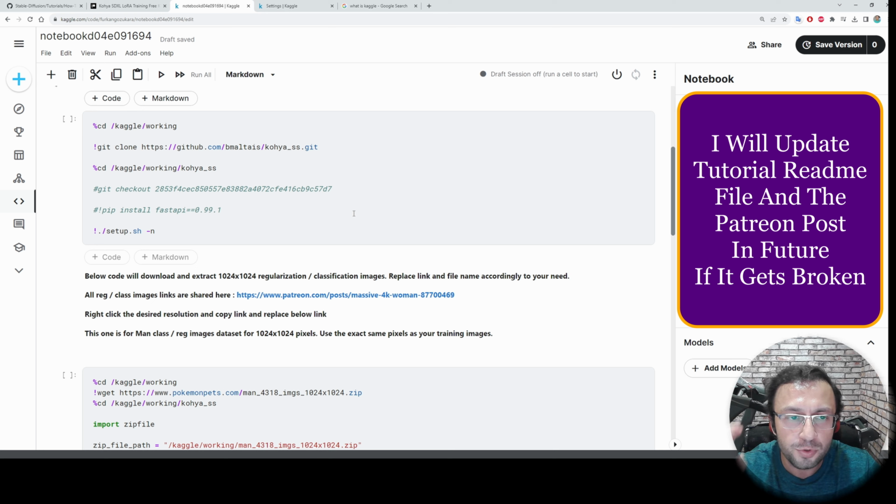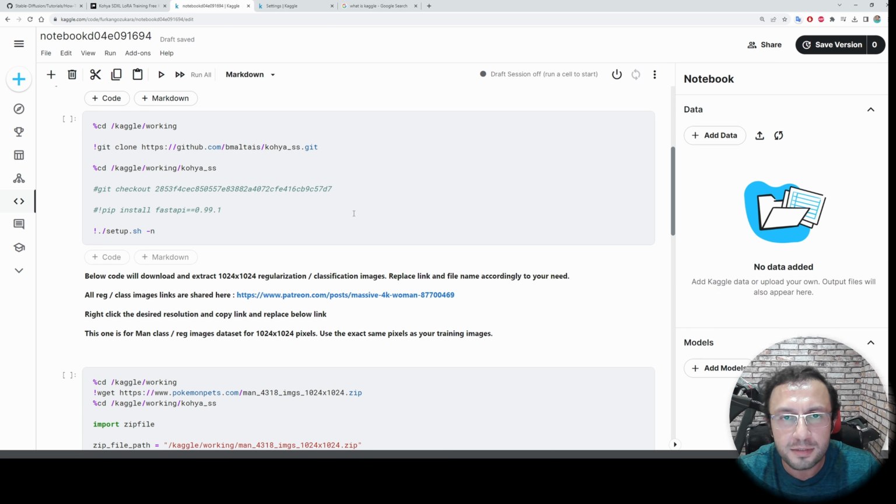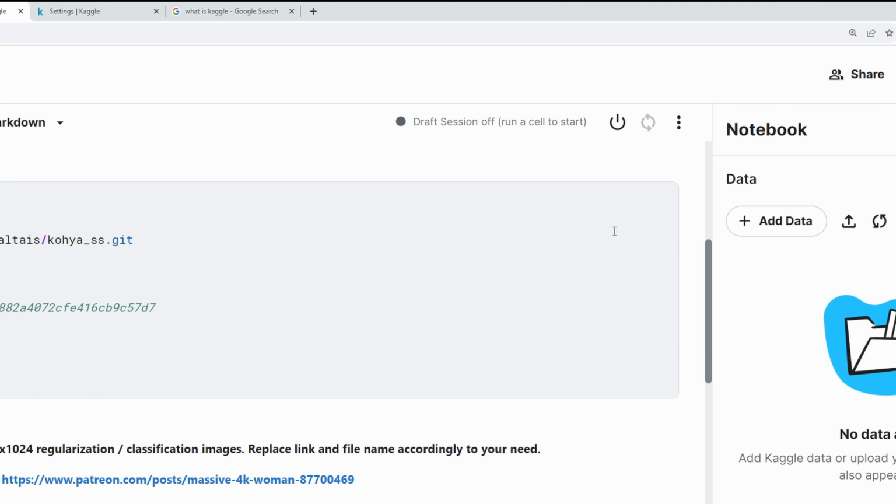I have spent huge time to figure out how to make this work on Kaggle. Unfortunately, it doesn't work on Google Colab because Google Colab has very limited RAM. Actually, Kaggle also has very limited RAM. However, since it gives us dual GPU, we are going to utilize it. So to begin with, we need to start our session.